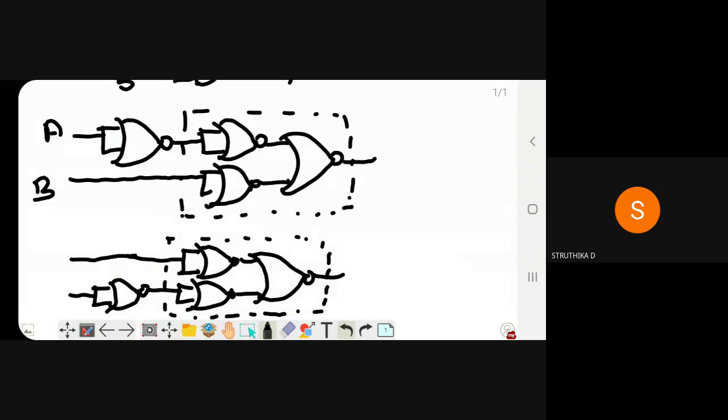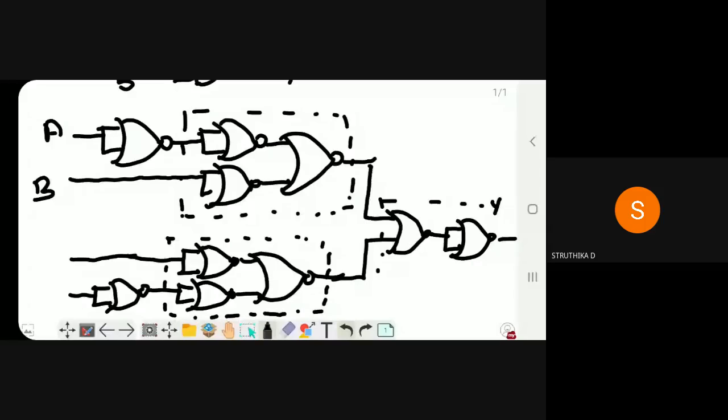Finally, in our second level, I have used an OR gate in the basic logic diagram. So just use a NOR gate in the place of the OR gate, and finally you want to complement it. So this is the final output. Okay, so this is the OR gate implementation by using NOR gate.